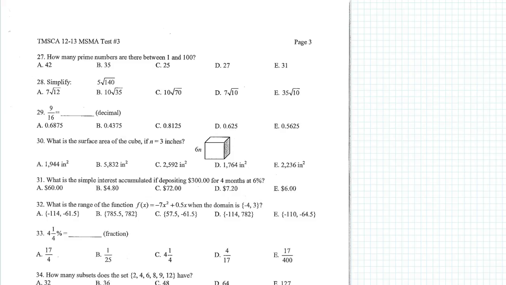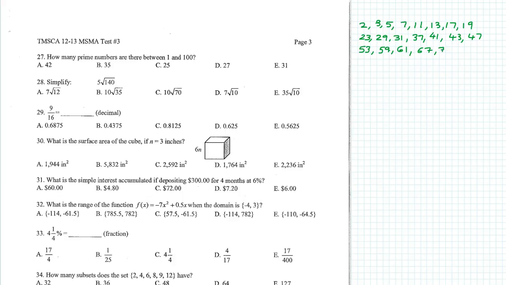So the prime numbers are 2, 3, 5, 7, 11, 13, 17, 19, and then we have 23, 29, 31, 37, 41, 43, 47, and then we have 53,